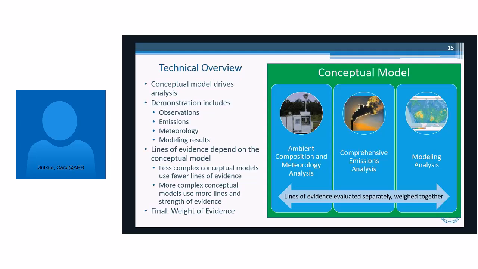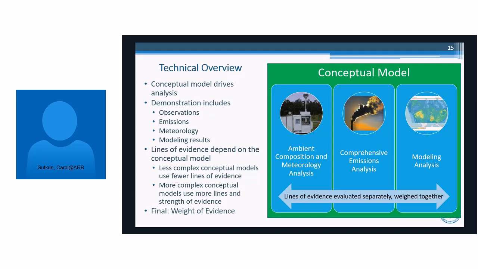Once you have a conceptual model, that's really, again, as I said, going to frame the overall technical analysis. In many cases, some of the information that I used to describe the conceptual model so far was obviously informed by some technical analyses, and so it's not necessarily a linear process. You may be moving along and find that you update your conceptual model based on the analyses that you're doing. But in this case, the diagram on the right is showing you that the conceptual model is used to contain the different lines of evidence and provide a context for interpreting those.